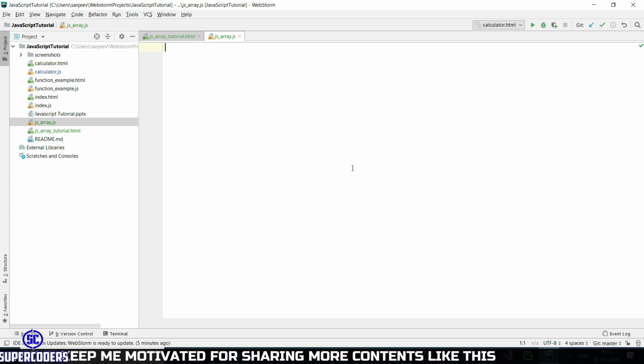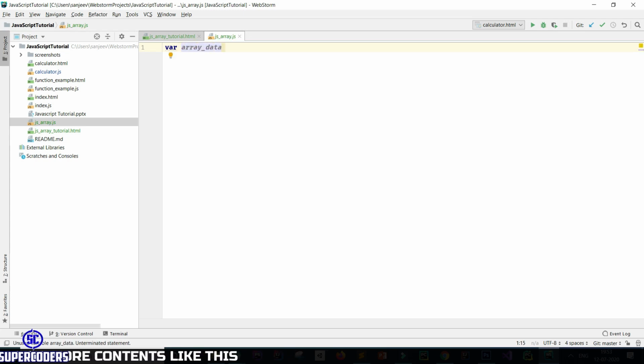Now let's see how you can create an array in JavaScript. For creating an array in JavaScript, you just need to first declare var, then a variable name, like array data, then equal to, then add square brackets. So this is an empty array symbol. Now let's add some items in the array. So adding 1 2 3